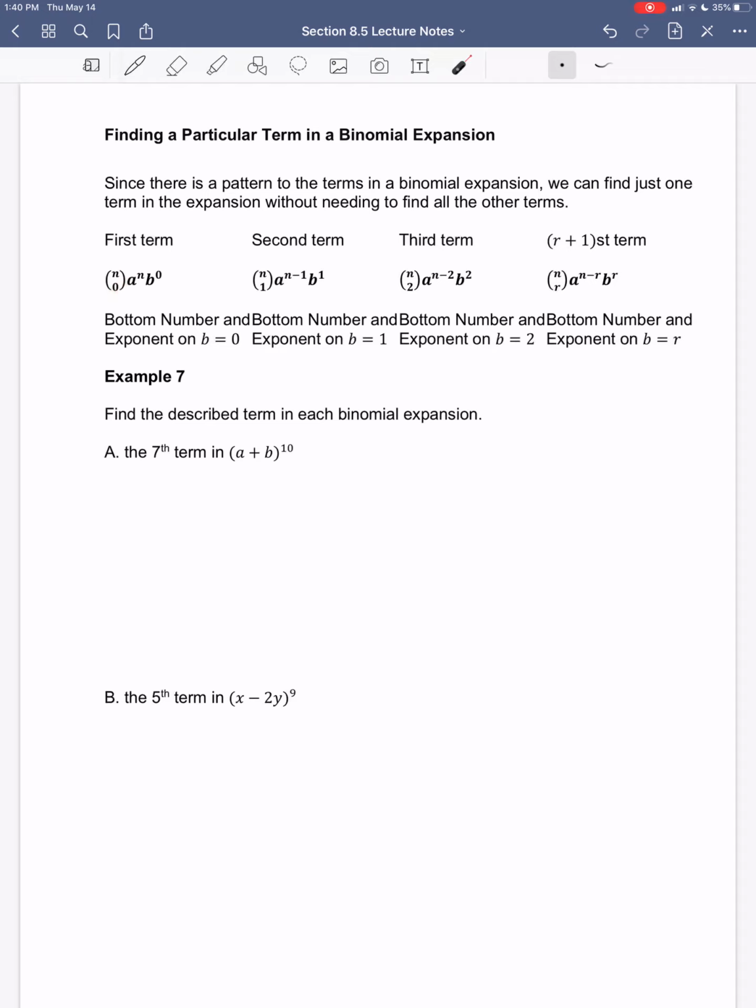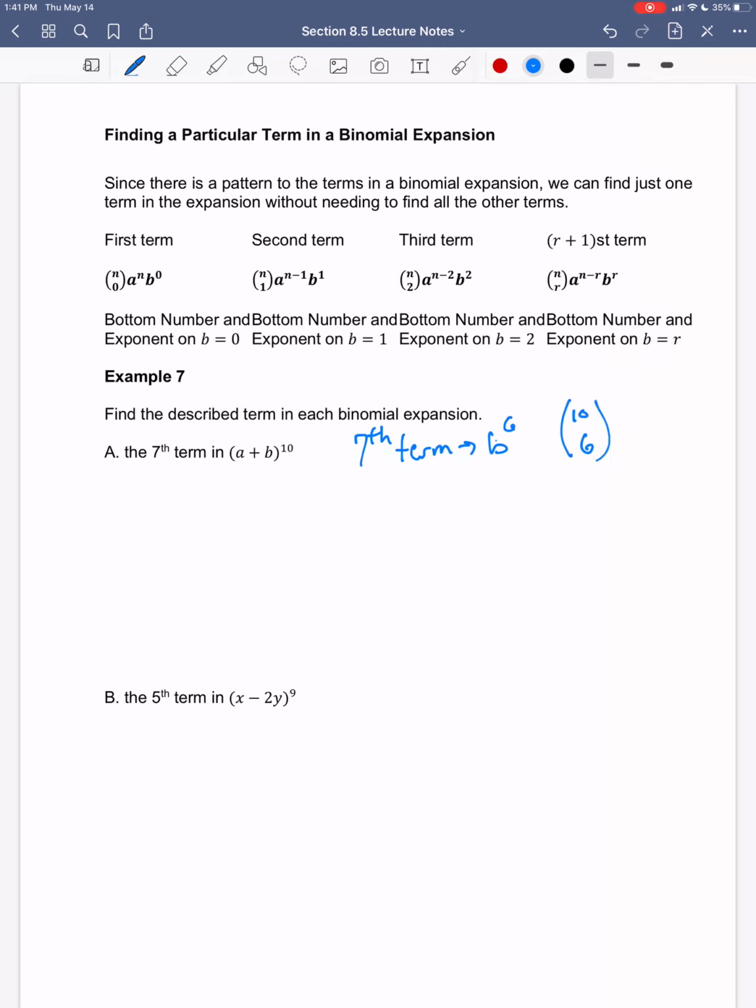The first term, notice, has a 0 in the bottom and b is to the 0 power. Second term has a 1 in the bottom and b is to the first power. Third term, both of those are 2. It's always 1 less, right? The r plus first term, I'm going to have r's in these places. So, how this works. The seventh term in a plus b to the 10th means I'm going to have b to the 6th power,